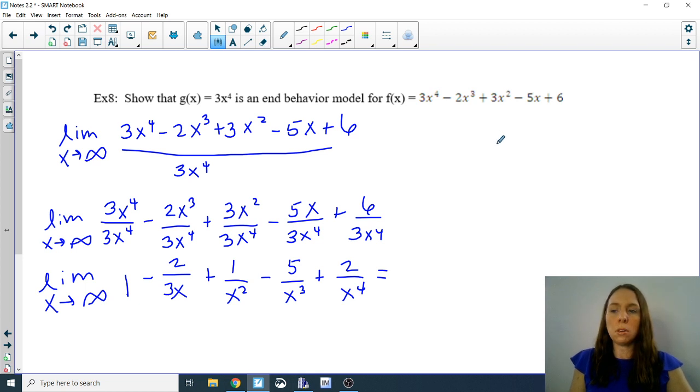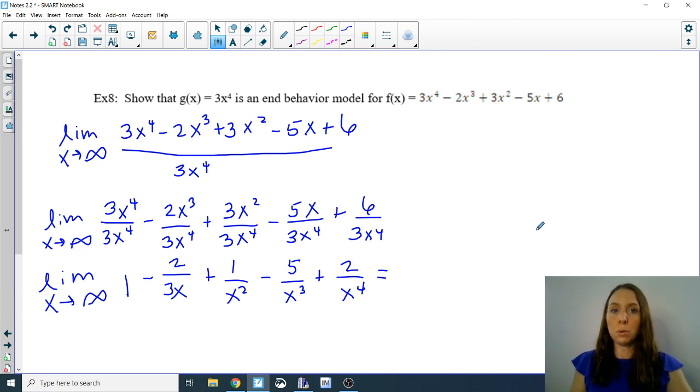So now what I'm doing is a little bit of manipulation, maybe we could call it simplifying the function inside of the limit. So I split the differences and sums here into separate fractions, all with a common denominator of 3x to the fourth. And then I simplified further from there. 3x to the fourth divided by itself is 1. I canceled common factors of x here, same here, same here, and same here. I also simplified things like 6 over 3, that's 2. Okay, now at this point I can finish my limit pretty easily,